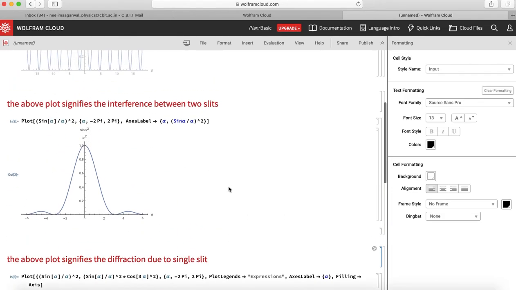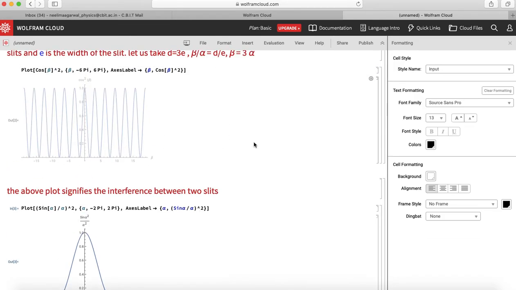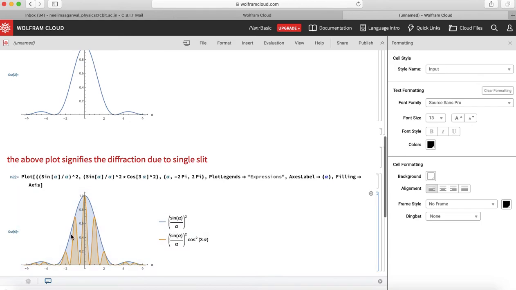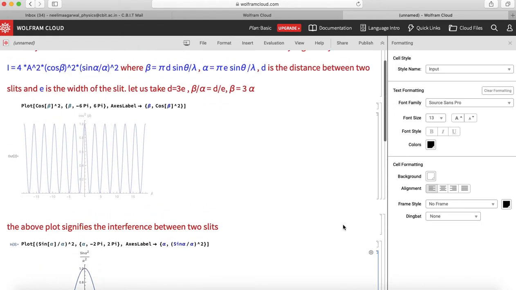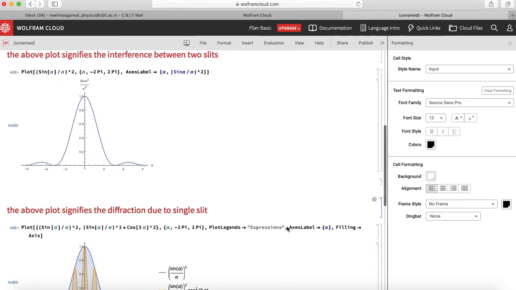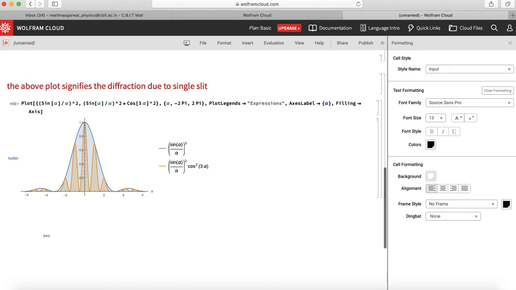And you can see here that this envelopes the curve, and this interference curve goes inside the diffraction. Okay, and we see how we get the diffraction due to double slit. Once again we run this. This is interference due to slit, and this plot